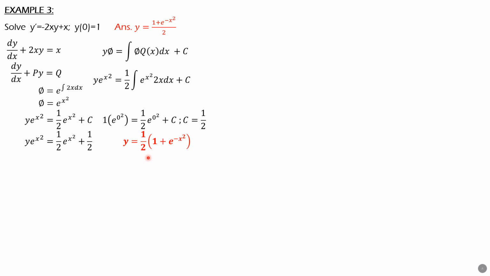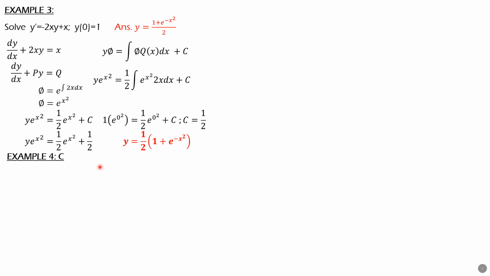So I will leave to you my technique in checking this answer by eliminating the arbitrary constant, which is 1/2, and e to the x squared is common to all terms. After you eliminate this, it should go back to this form: dy equals negative 2xy dx, or dy plus 2xy dx minus x dx equals 0. So it will go back to that. I will leave that to you.